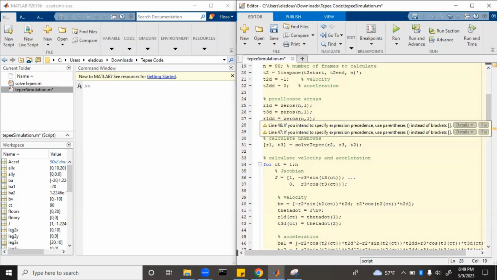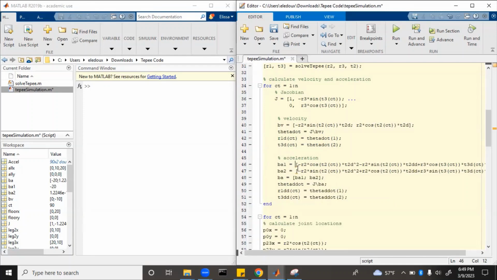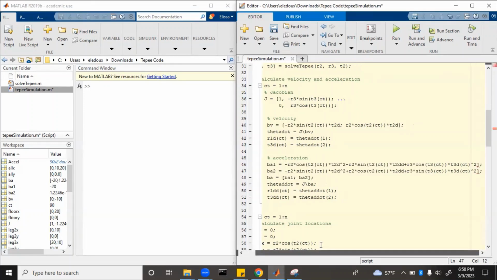So let's see. If you need to specify expression precedence, use parentheses instead of brackets. So let's see what is the issue here. Okay, so that is down here. You can see these brackets are underlined. So this is the BA matrix for acceleration. And we define the first element, and then we define the second element, and then we put them together into BA. So really, we don't need brackets around BA1 and BA2 because there's only one thing there. It's just this expression, and then we'll put them together into a matrix where we use the square brackets on line 48. So let's just take away,